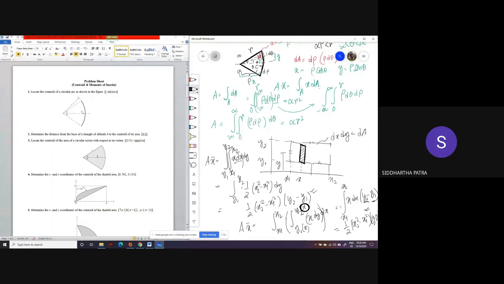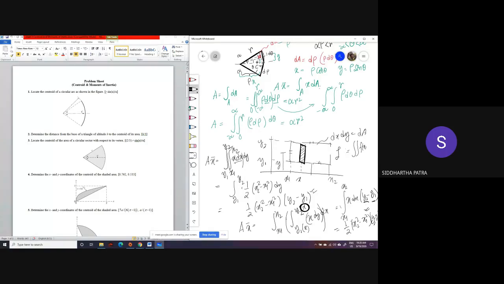But just like the previous case, the limits on x are independent of the limits on y, and the limits on y are independent of x. Just like the previous case where the limits on rho were independent of theta and the limits on theta were independent of rho, what we can do is write this expression, or any integration in general, in this case, let's say some function of